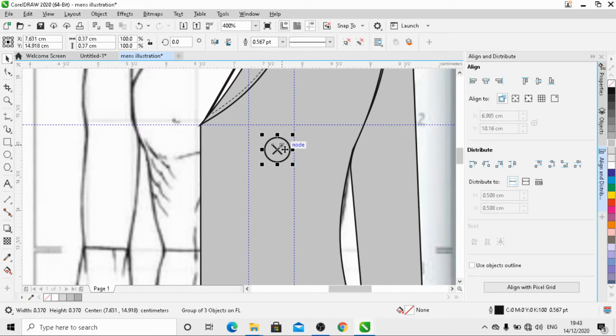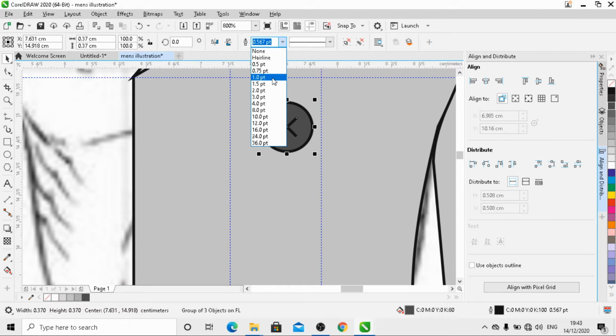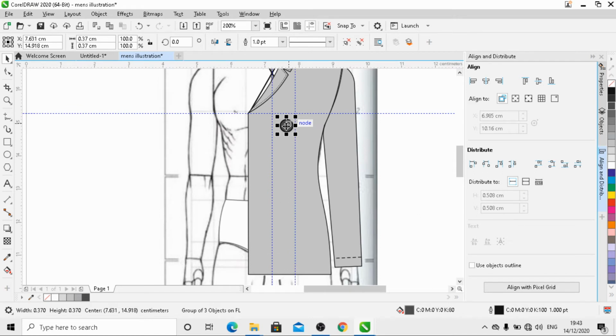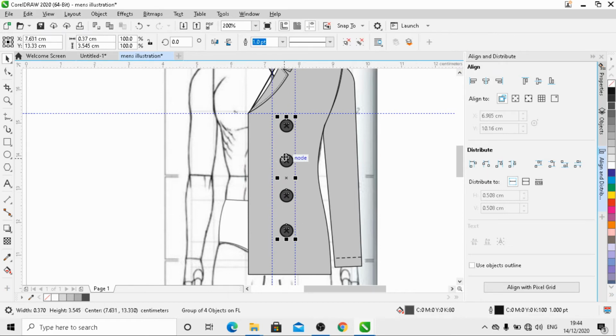Okay, after making group you can fill the color like this, and you can change the outline as per your requirement. And after that you have to press the Shift button, left click, drag and press the Shift button, and right click and drop, and then the duplicate of this button will be generated. If you want to repeat this process, press Control R. Okay, like this. Now you have to press the Shift button and select all these 4 buttons, and we have to group it. After making group, you have to press the Shift button and move it horizontally